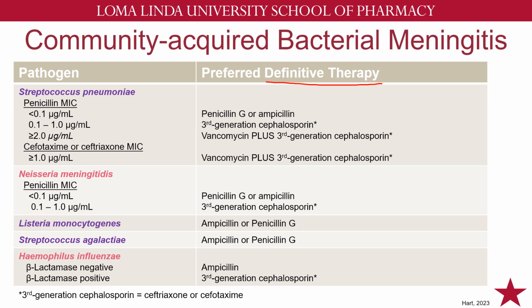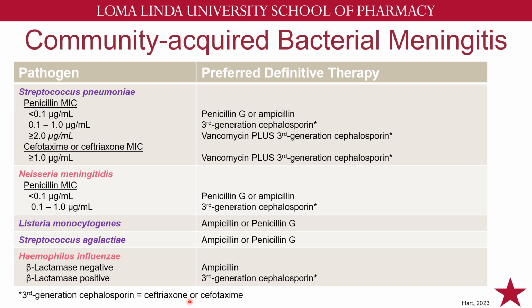peel off the vanc. So let's say we get Streptococcus pneumoniae and we get a susceptibility report and the penicillin MIC is less than 0.1, then we can de-escalate all those empiric antibiotics to just penicillin or ampicillin alone. That should totally be fine. If we get an MIC of 0.1 to 1 for penicillin, then we will keep a third generation cephalosporin, so